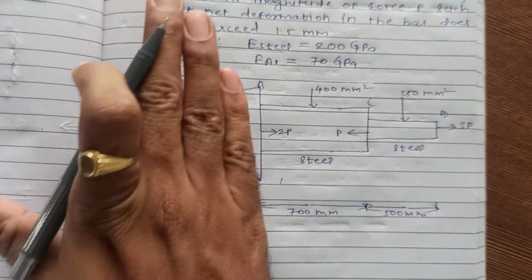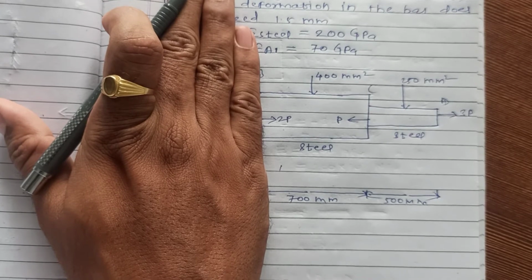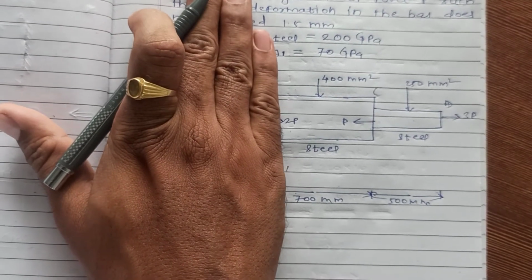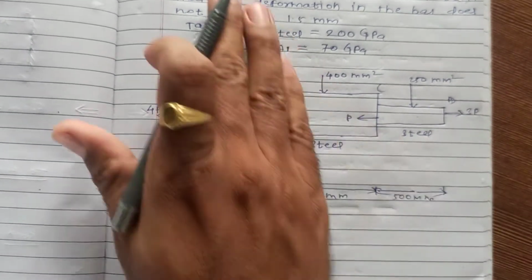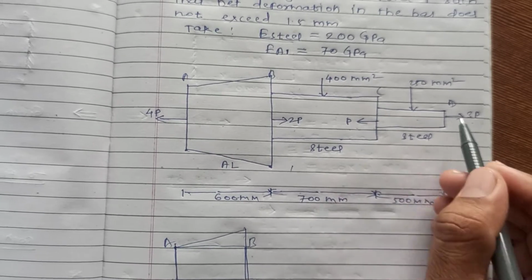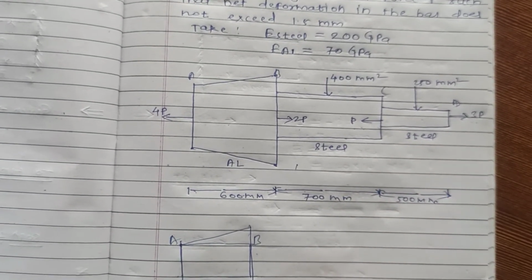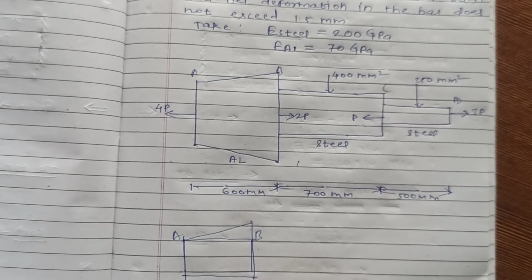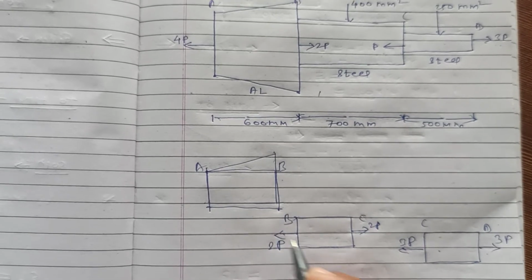Now consider the forces acting to the right side of the hand. There are only two forces, this P and this thrice P. But this is acting to the right side and this is acting to the left side, so deduct this from this, and we get twice P to the right side. To maintain this system in equilibrium, we have to maintain an equal and opposite force, that is twice P.